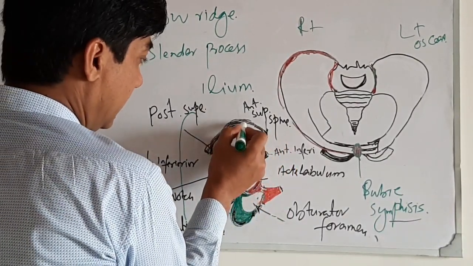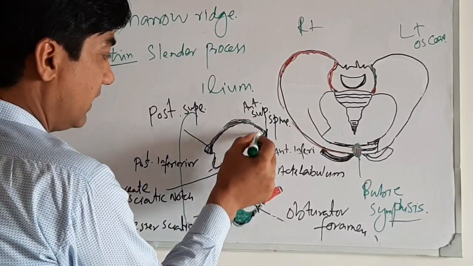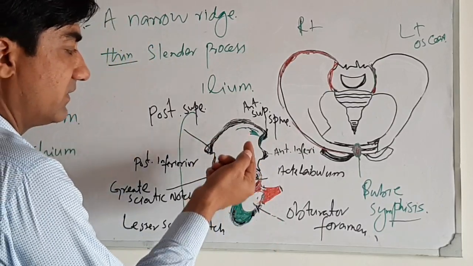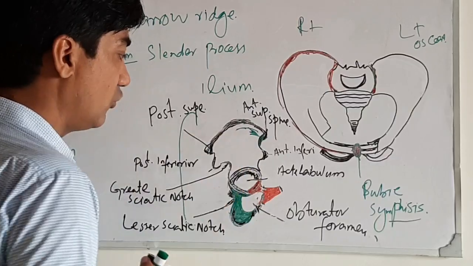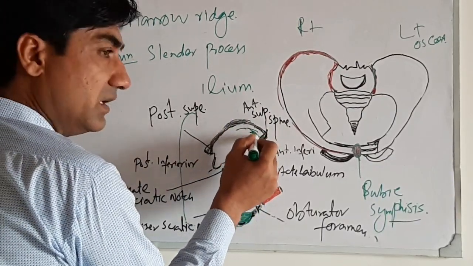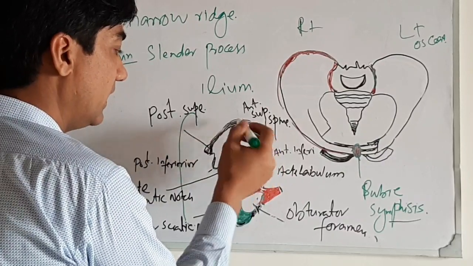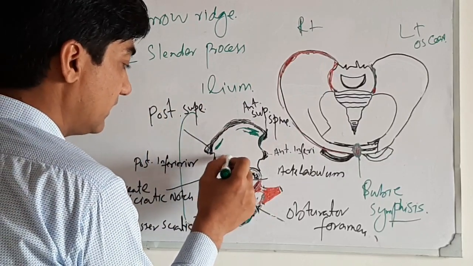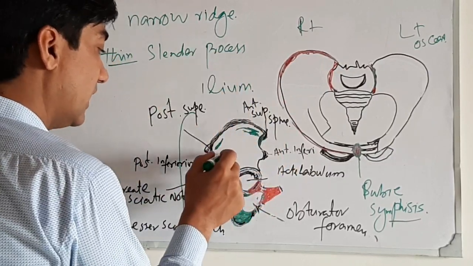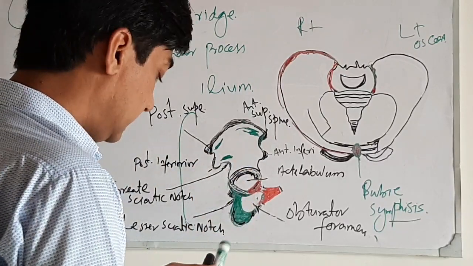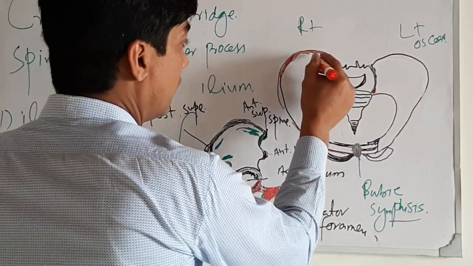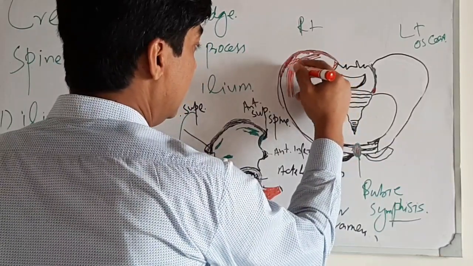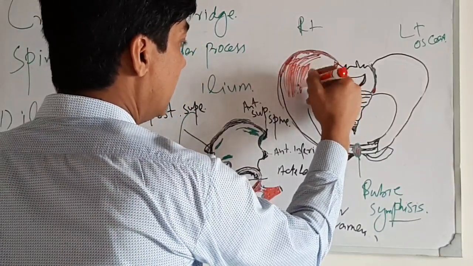Posteriorly, the surface of the iliac bone is a rough surface. Here is a rough surface, and here are the three main gluteal lines where gluteal muscles are attached. The anterior one is called the anterior gluteal line. And here are the superior gluteal lines, the posterior superior gluteal line, and here is the posterior inferior gluteal line. And anteriorly, the surface of the iliac bone is a smooth, shallow surface that is called the iliac fossa.